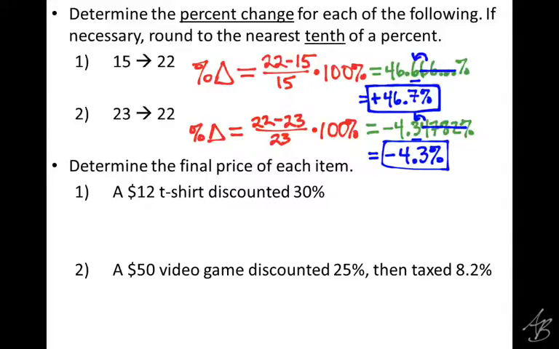All right, what are we going to do first here? So we have a $12 t-shirt. It's 30% off. We want to know the final price. What do we start with? All right, so these are the ones where we're doing an increase or a decrease by a percentage. We always start at the full price, which is 100%, and then we make our adjustments from there. Since it's a 30% discount, what are we going to do, Alonzo? We're going to subtract that 30%, and that gives us